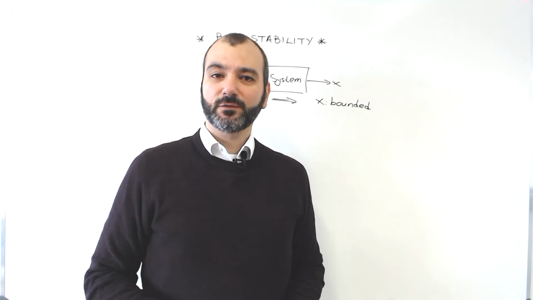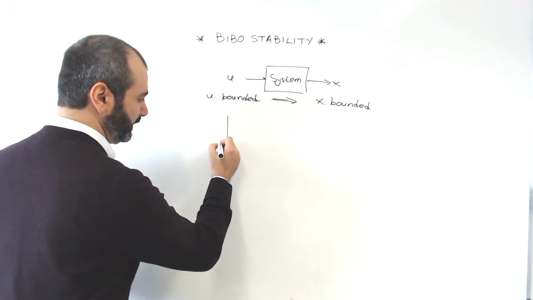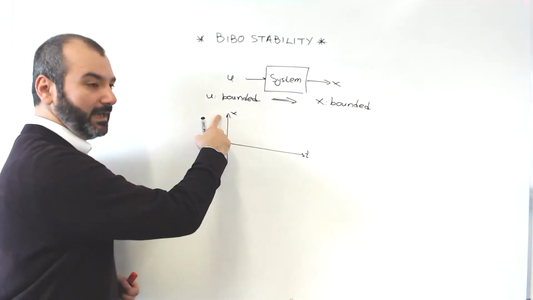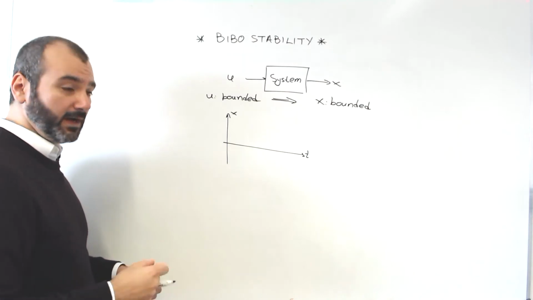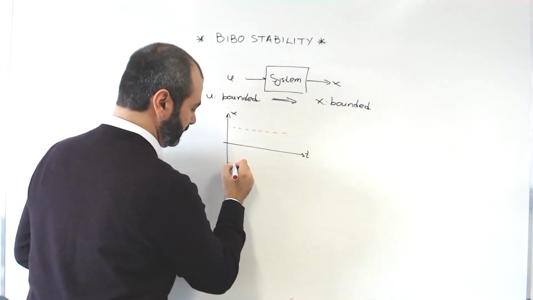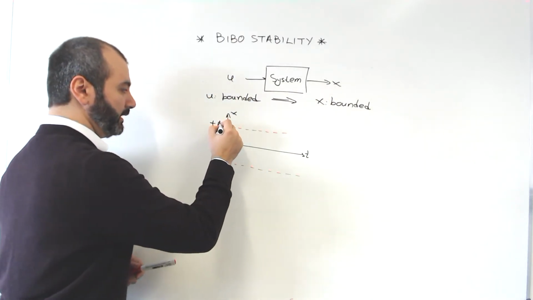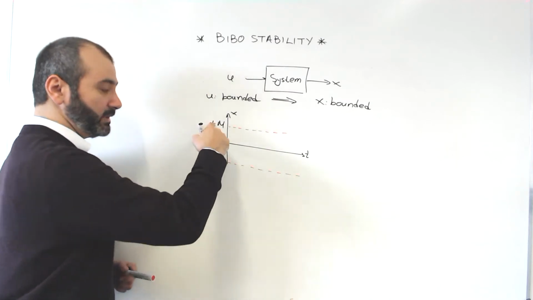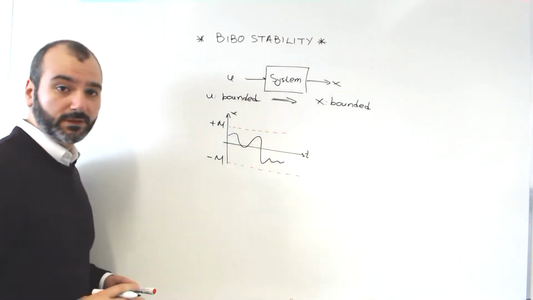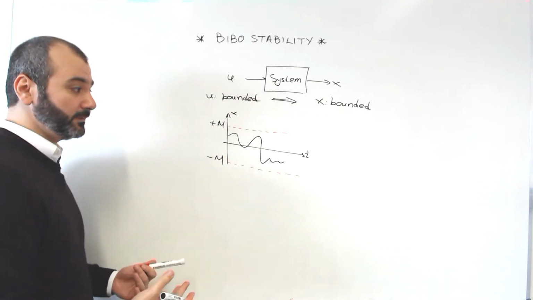What does it mean for a signal to be bounded? The definition is very simple. Let me sketch it like that. The signal x is said to be bounded if we can sketch it within this band over here. So if you can sketch your signal between a band from -m to +m, then it is a bounded signal. It becomes clear that all constant signals are bounded.